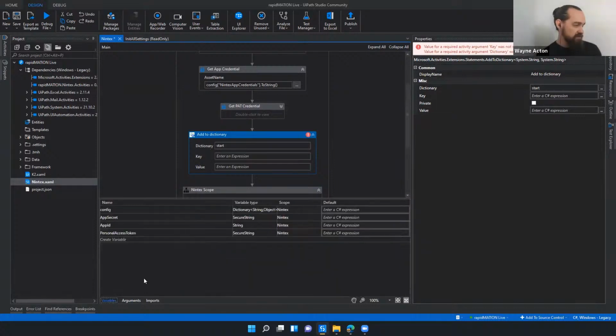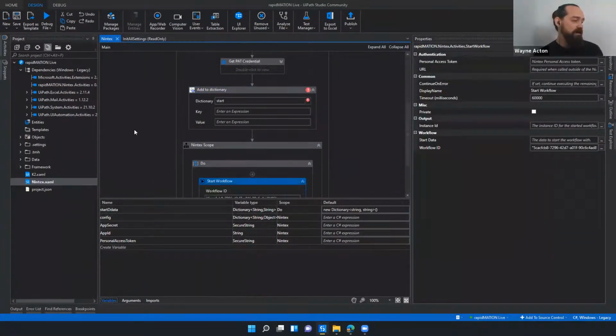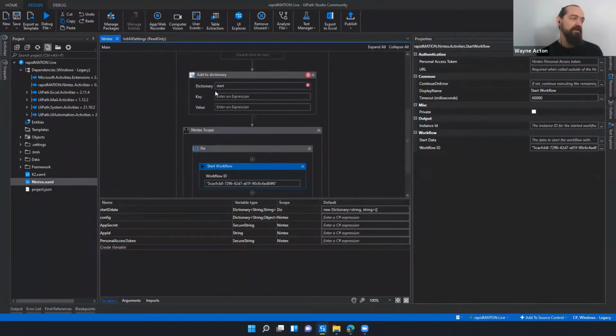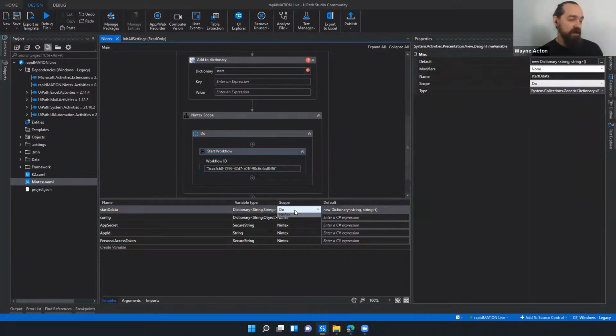That one, define it in the scope. All right. So as you can see, I put my dictionary in the do sequence over here. I'm going to move it up a little bit because I don't want to add too many activities within the scope, because obviously then your scope starts getting quite big. So what I'll do is I'll just grab this one and I'll move it out to the top one